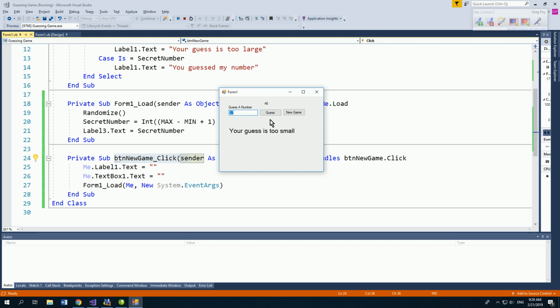And then I would guess halfway between 37 and 50, which is, boy, my math is not so good here. I think it'd be 45, too small. Then I'd do 48, too large. And then I'd do 46, and then it would have guessed it. So there you go. I guessed my number. I'm going to now play a new game. And so when I go new game, it came up with a new number of 42, and I could do